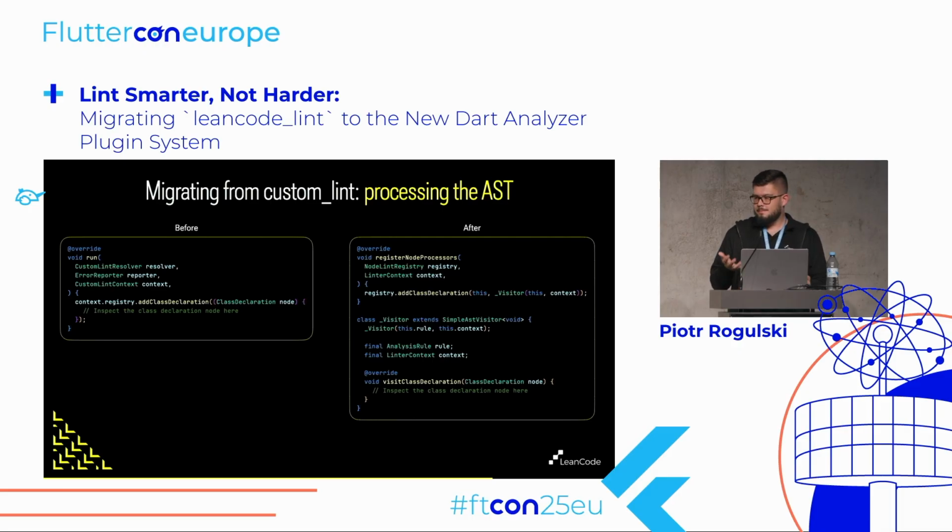The main part of a lint is to read the code, and I think this is the biggest change from the package custom_lint, because before it was based on callbacks. It was much simpler. You just had to invoke add something, for example, add class declaration, and you were able to analyze all the data from the abstract syntax tree in a type-safe manner and with full access to the